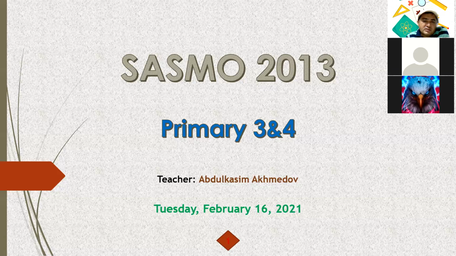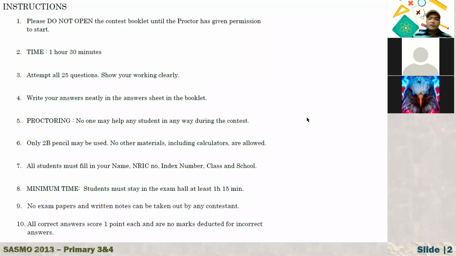We are going to solve at least 10 questions today. If you can solve more than 5 questions correctly, that means you are good. If you can solve more than 8 questions, you deserve a gold medal. All right guys, let's start. As you know, usually in SASMO there are 25 questions, and for each question the time is on average 4 minutes, so you are given 100 minutes. That's the biggest challenge, because under this pressure, all 25 questions are from different topics.